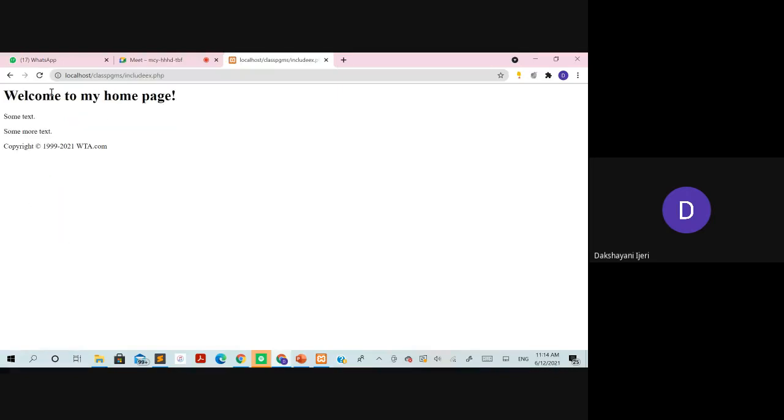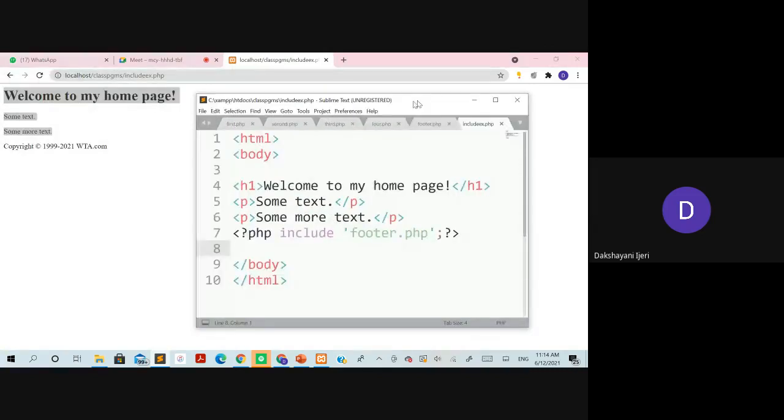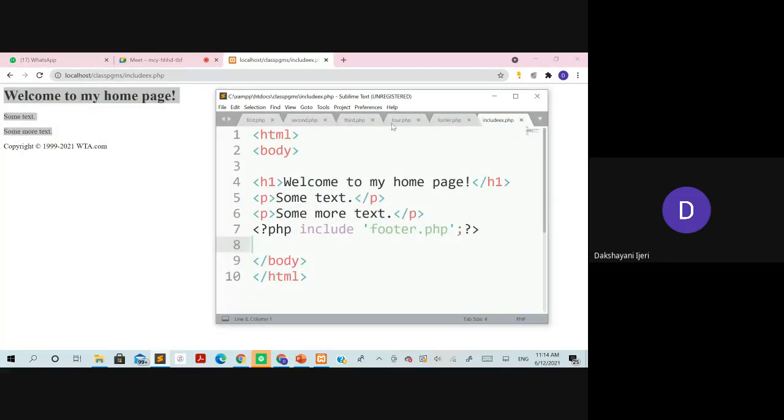So you can see here, these three statements displayed here are part of the HTML itself. The last one is where we want to take the contents by referring to some external file, right? So how to do that?